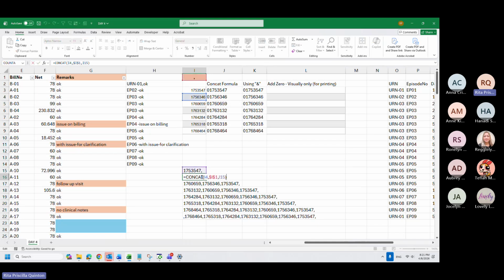So here now, I concatenated the second MR with the absolute comma and the text on the top, which I know will give me the first MR. So now in this cell, I have the first two MRs, and then here, the third. Since I already have the two here, I only combine the third. So you will notice that the first MR will always be this.